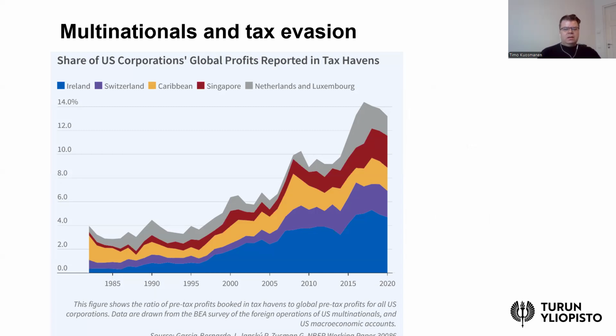This slide, taken from an NBER report, indicates how the share of U.S. corporations' global profits reported in tax havens increased over the past few decades, and these so-called tax havens include also some European countries like Ireland, Switzerland, Netherlands, and Luxembourg,